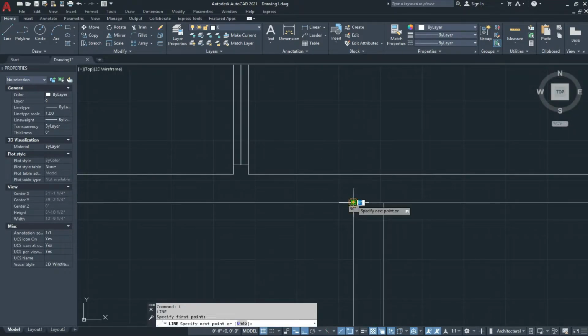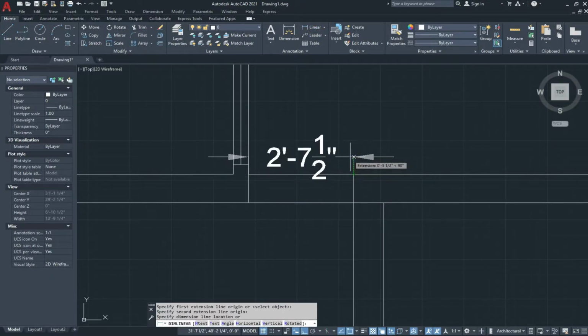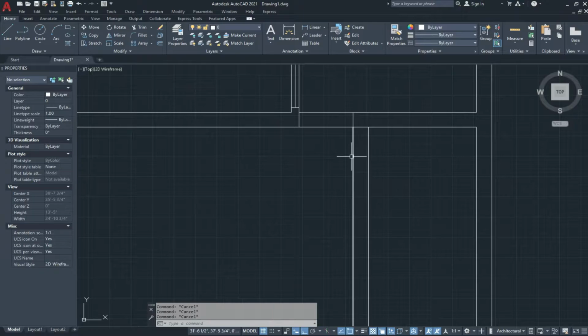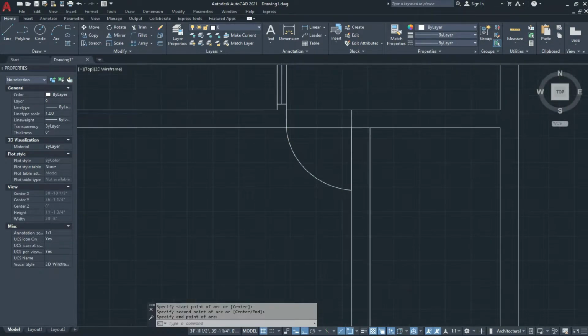Draw a line here, check the dimensions, and with an arc tool we draw the arc.